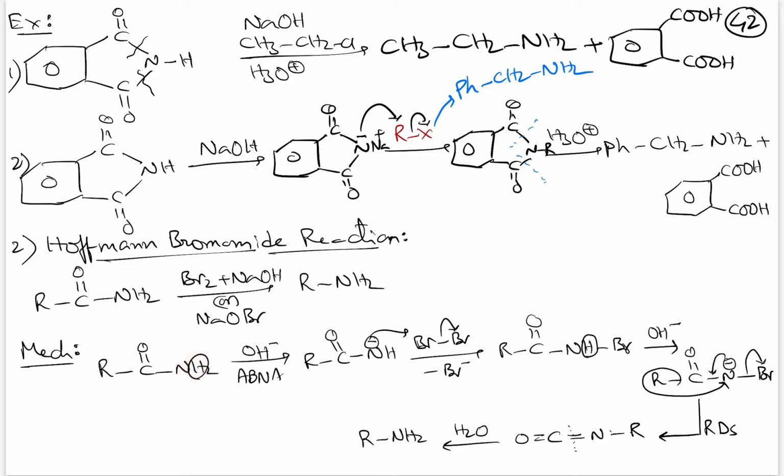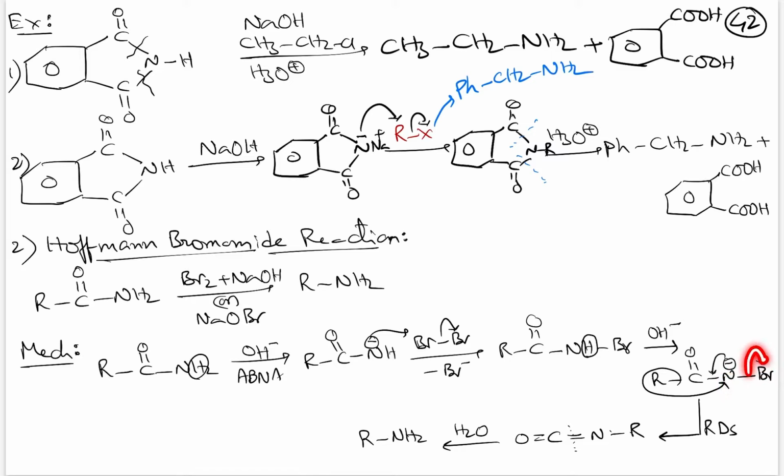Amide has the acidic hydrogen, so it will react with OH minus and form a salt. Now this, as a nucleophile, will attack on the Br2 molecule, and Br minus will be replaced, and bromoamide will be formed, and one more acidic hydrogen is there, that also will be removed by OH minus and forms an N minus. And now intramolecularly there will be rearrangement happening here. First Br minus will be leaving, so that this nitrogen will become neutral but electron deficient.